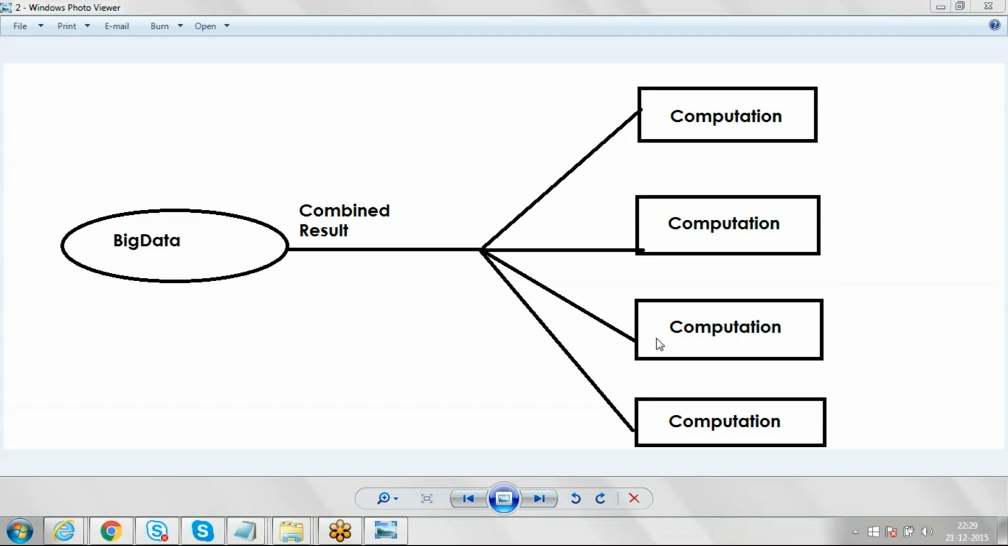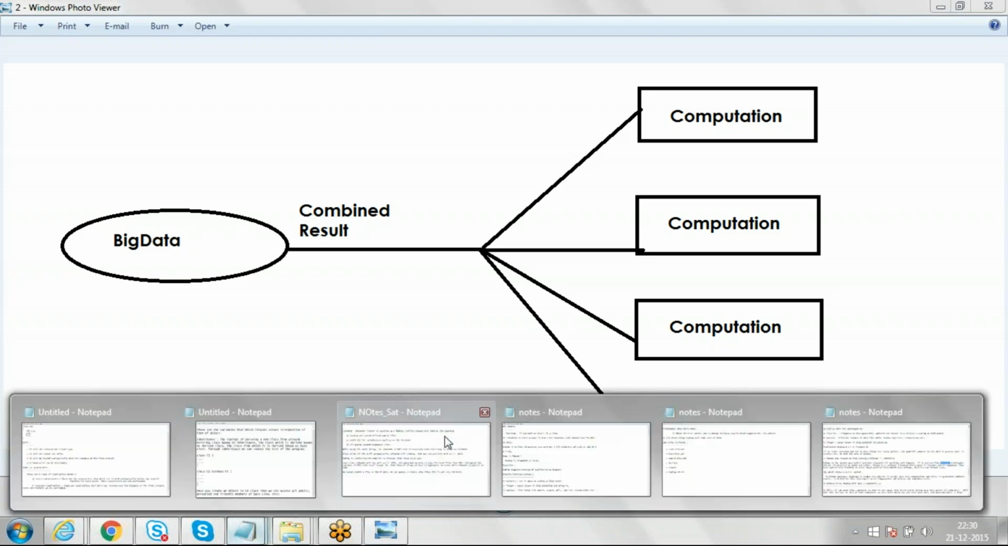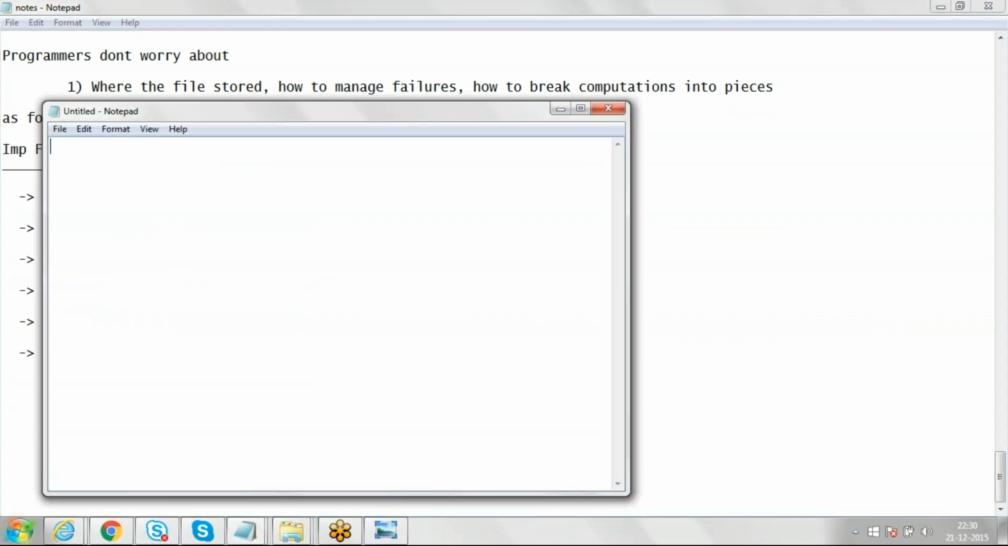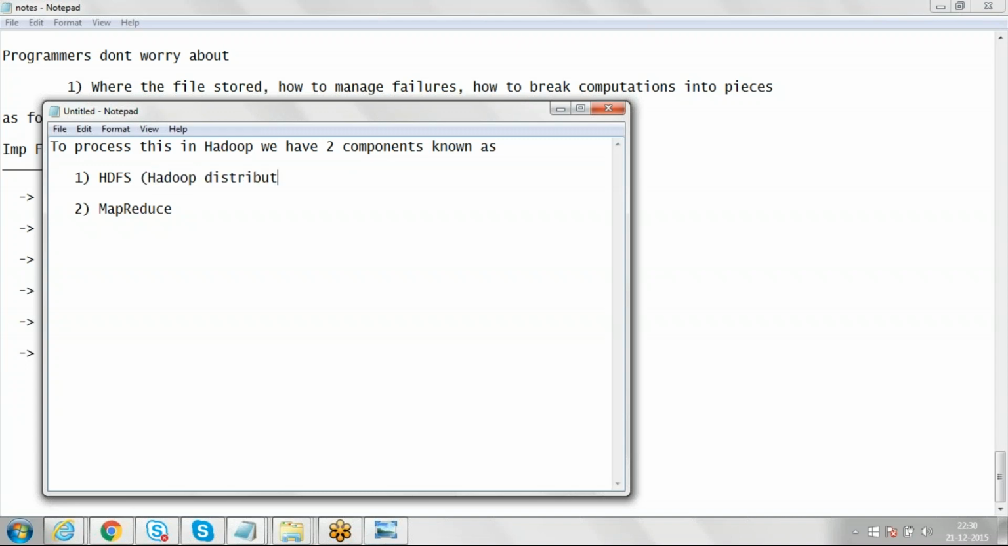Then what we have to do here is, we need to have two components. Here in Hadoop, to process this, we have two components known as HDFS, and next I have here is map reduce. These are the two components we have with respect to this Hadoop. Now what is HDFS stands for? We have here Hadoop distributed file system, and map reduce we have with respect